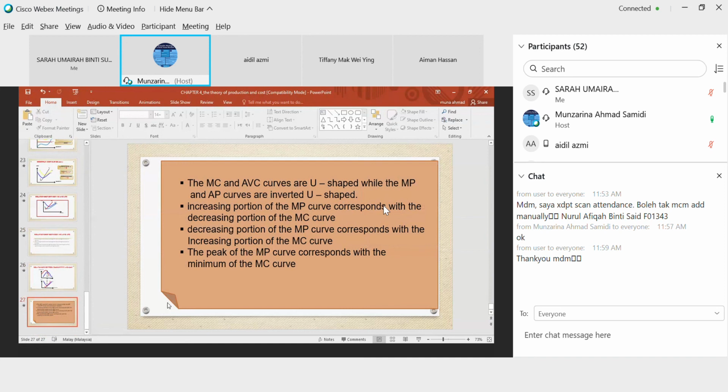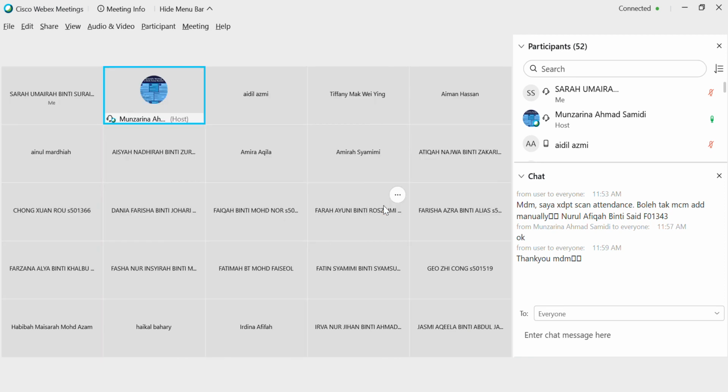Okay, this is the basic of MC, AVC. Okay, and then, in your syllabus there is also long run cost curve, but okay, let me see, but it's not here in